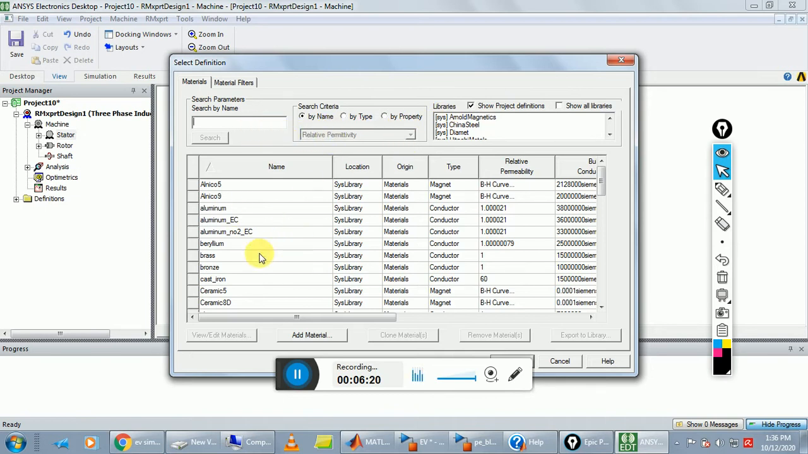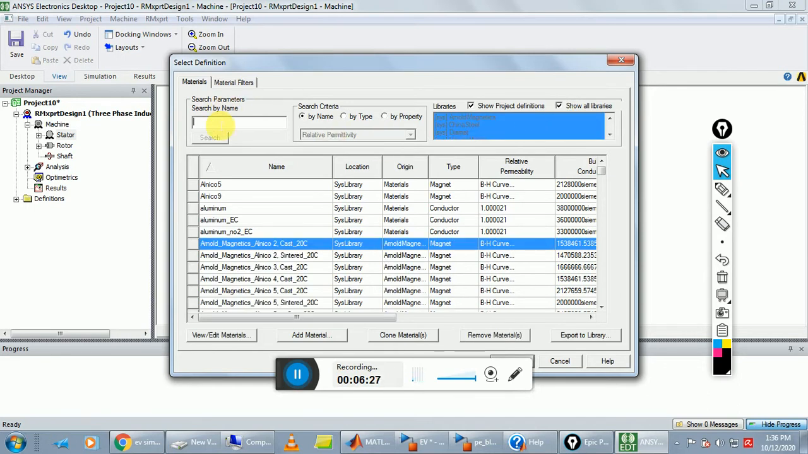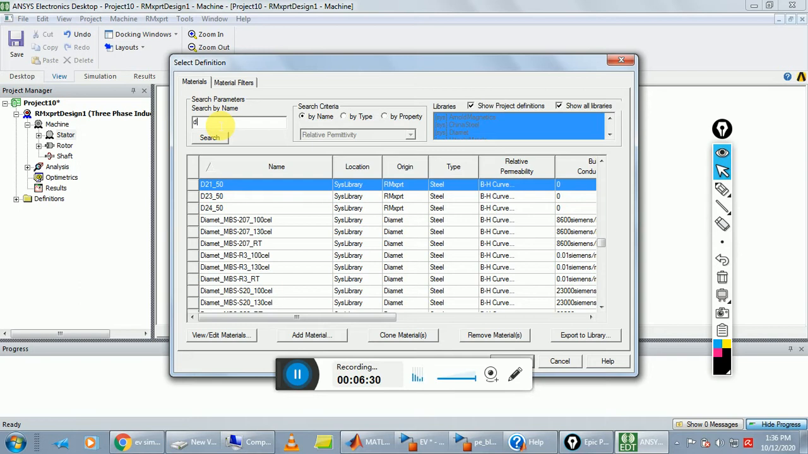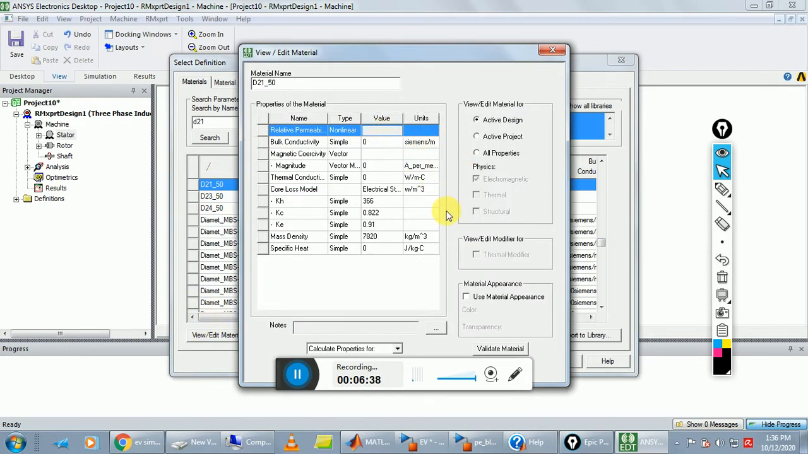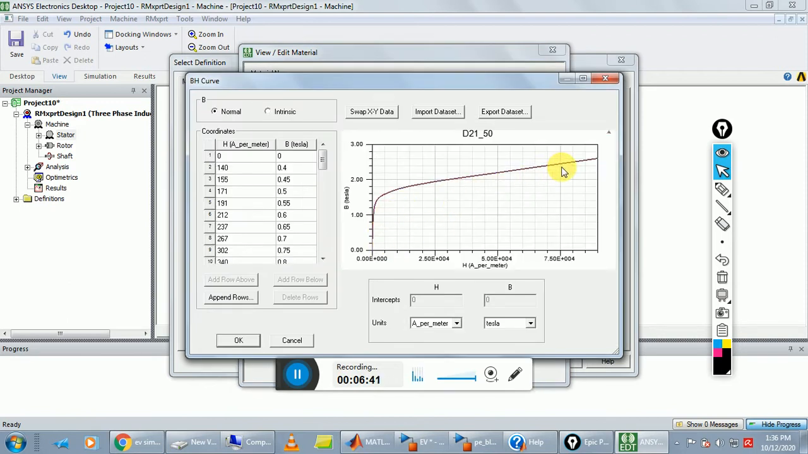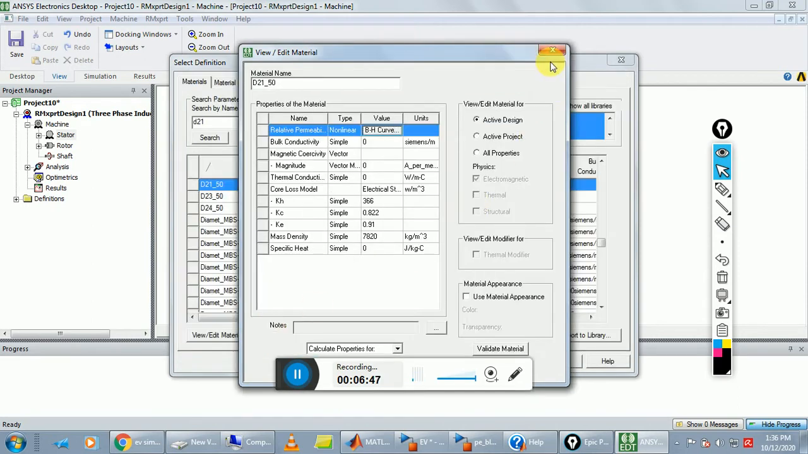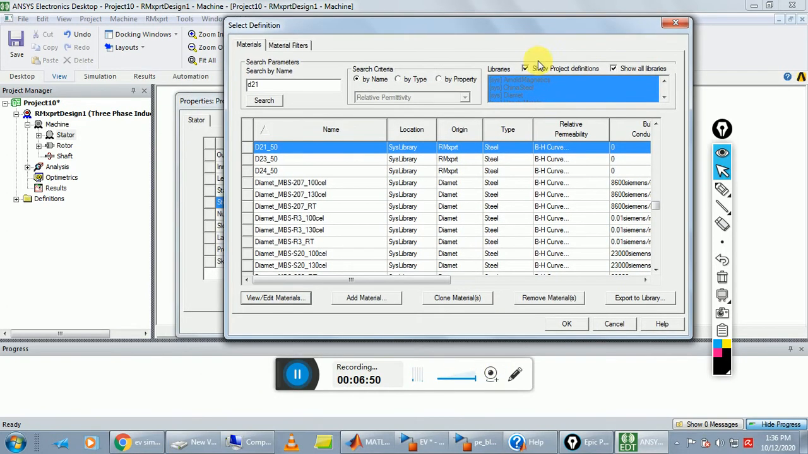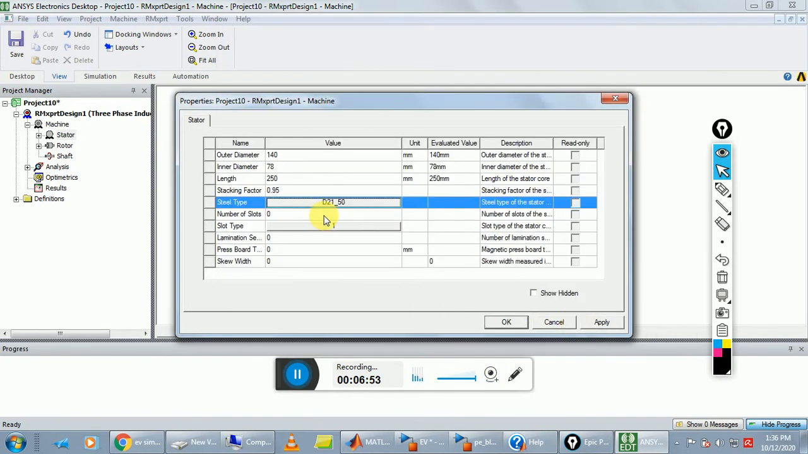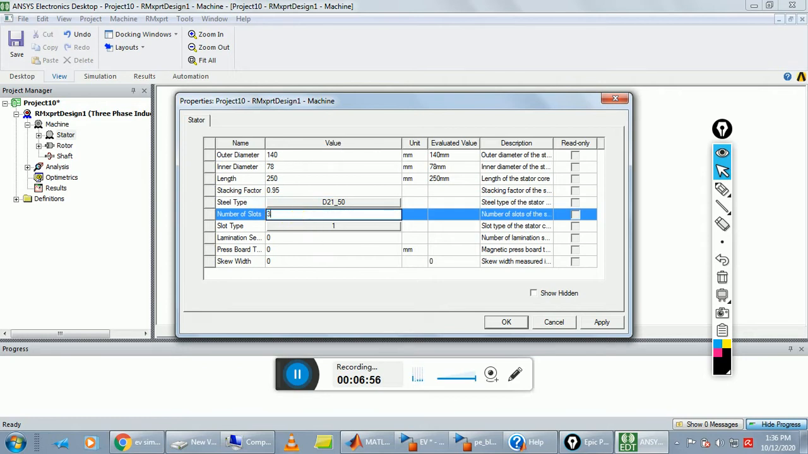If you don't get the material, select show all libraries and write down here D21_50G. Select this material, check the BH curve. This is a BH curve for D21_50G. Click on OK and make it OK. After the completion of this step, write down number of slots is 36, and steel type is 1, and slot